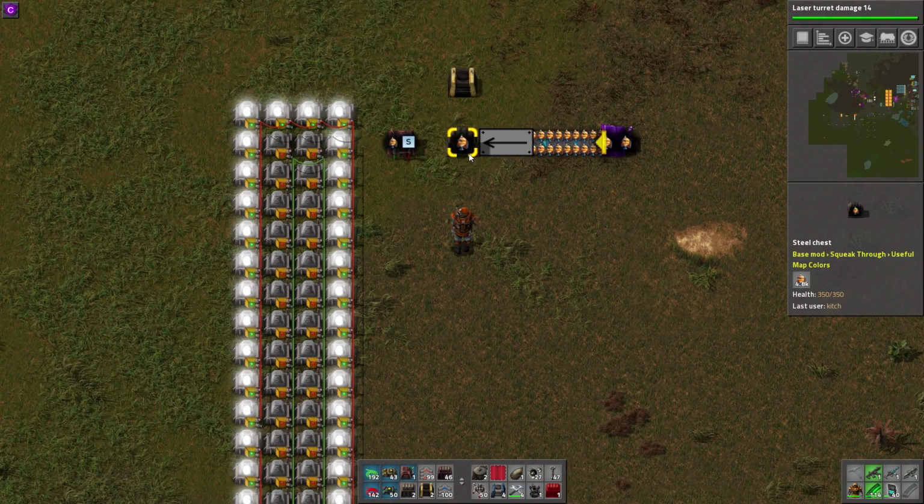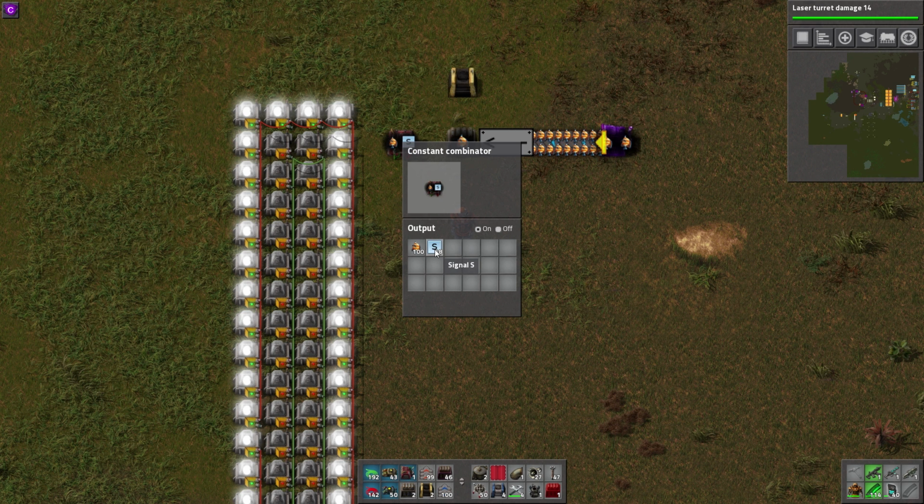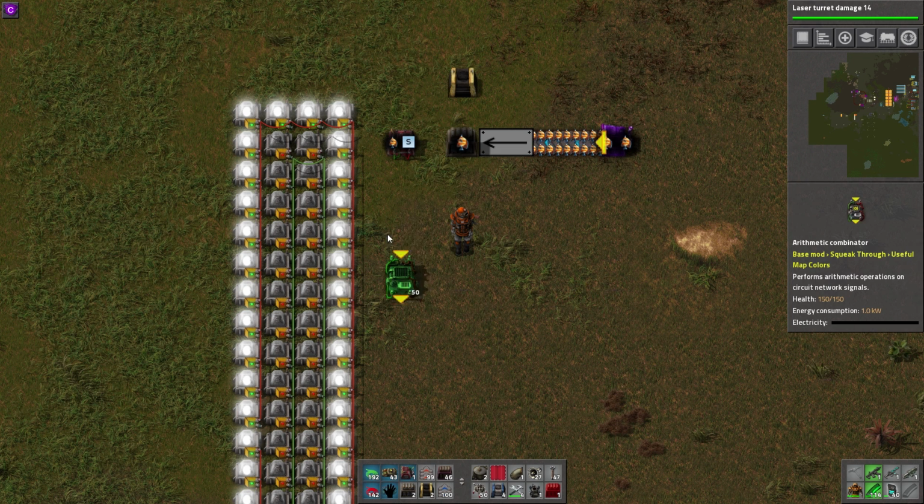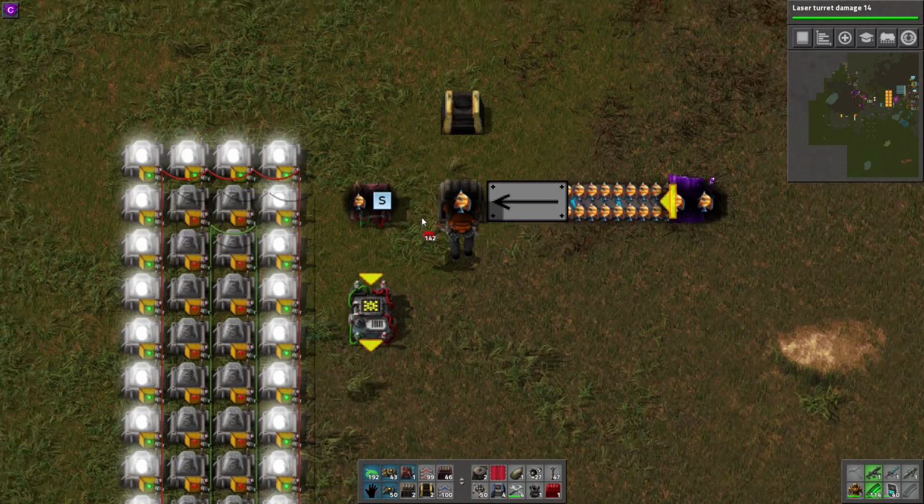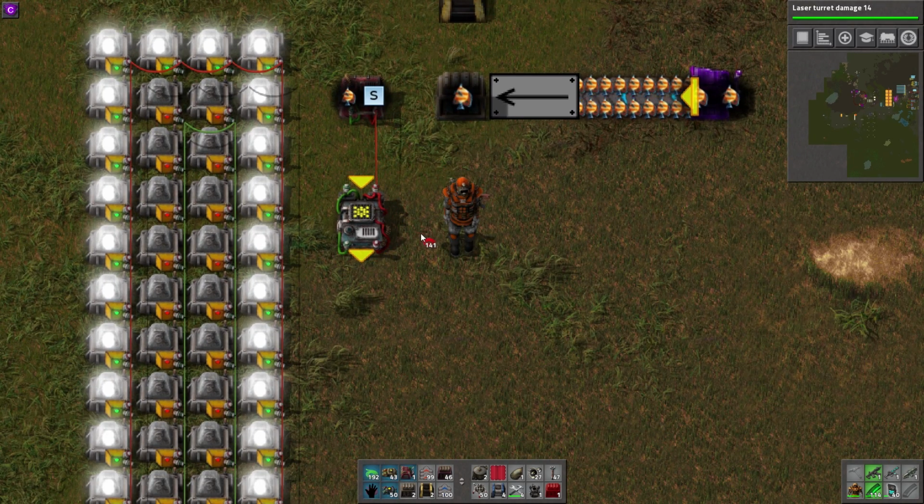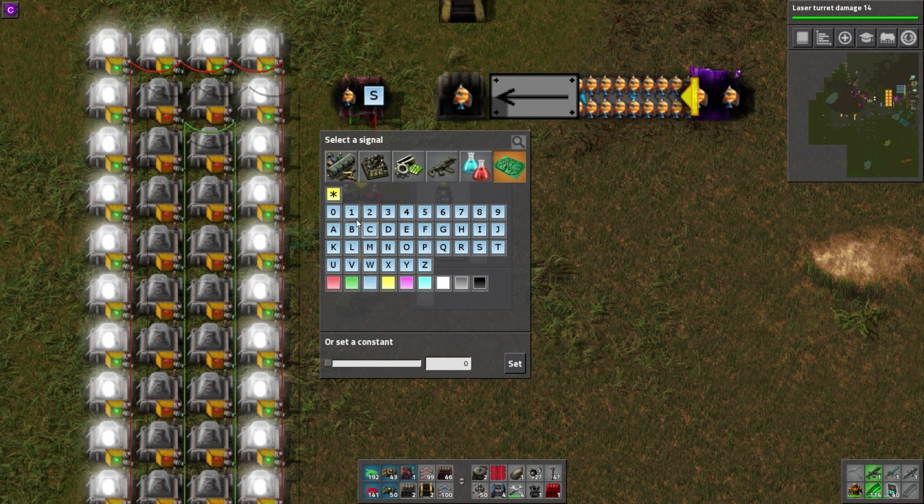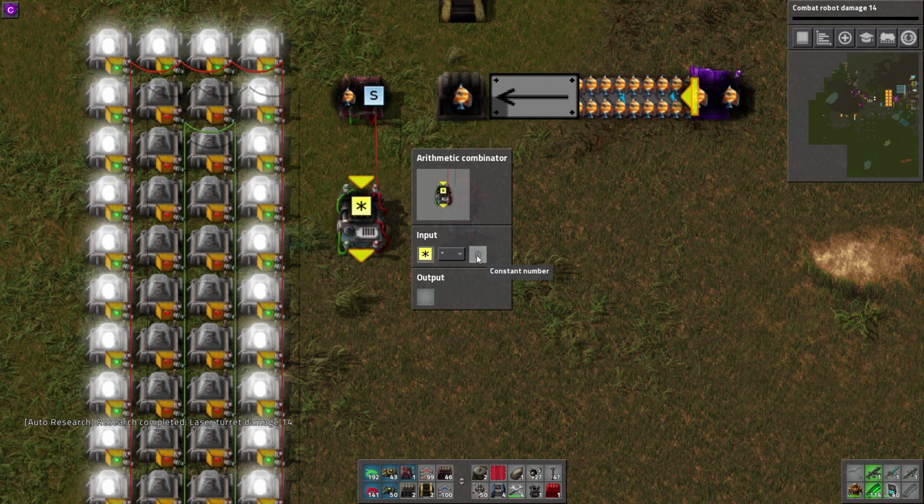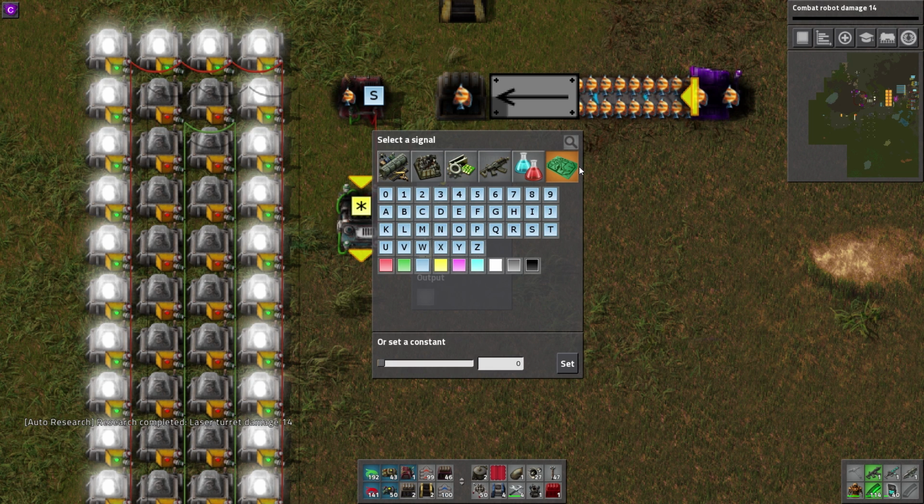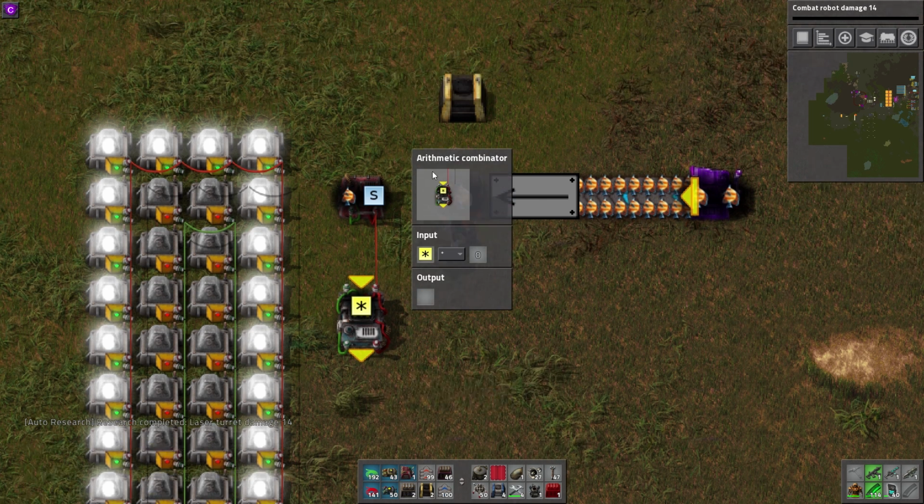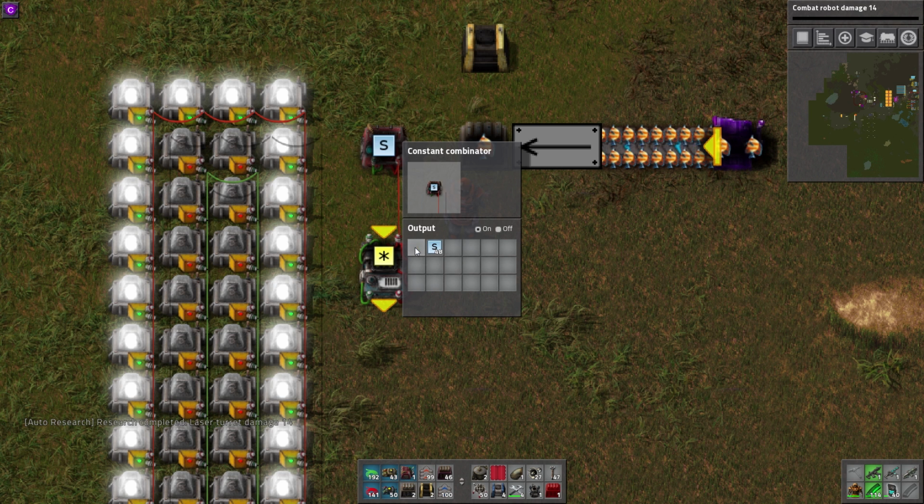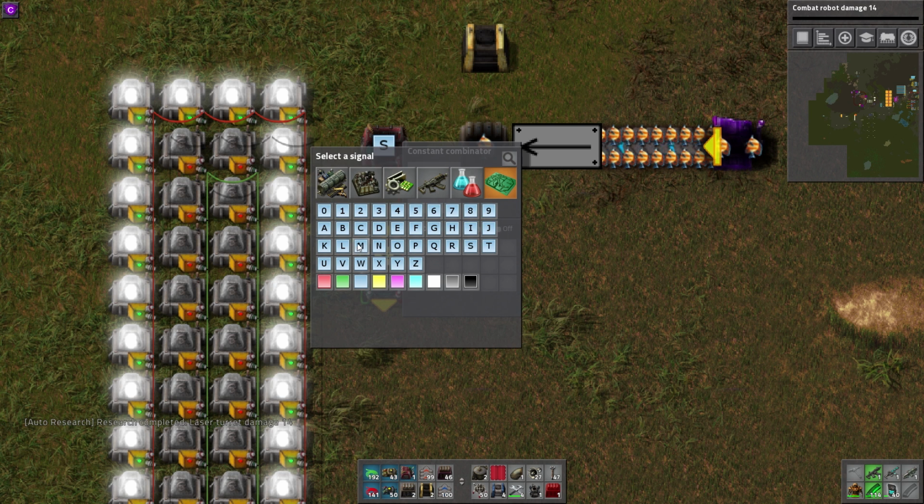So let's do that. We want to take the total amount of space that we have, which can be achieved by multiplying these two values together, right? So let's do that real quick with an arithmetic combinator. We are going to take each, and multiply it by... actually, let's take away that fish signal, and let's do